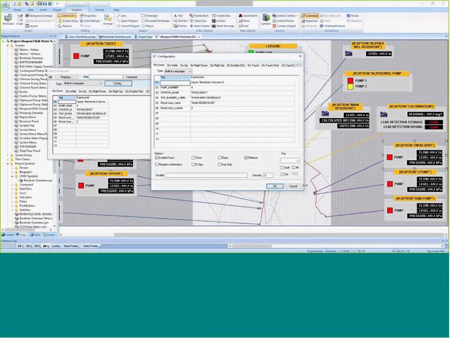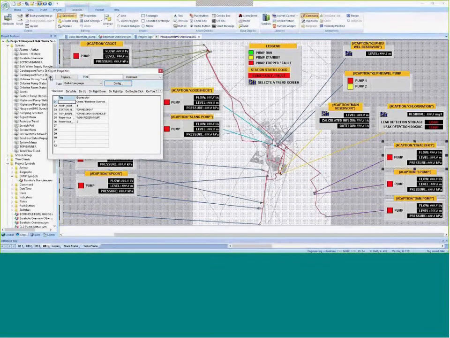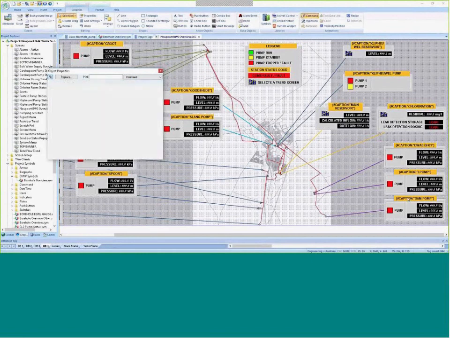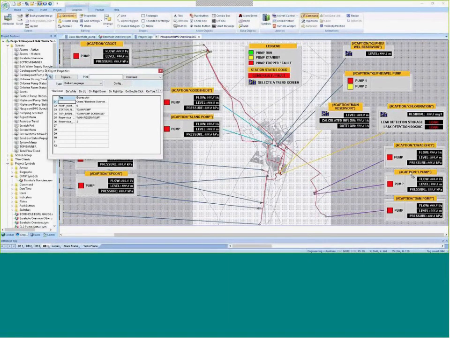One very great thing about InduSoft is that we can actually dock this window, and when we select any one of the other entities, we don't have to double-click like many other SCADA applications on the market today. I call it arthritis clicking, that by the end of the project you have to go and visit the doctor because of all the clicks that you have to do. Getting back to the project,